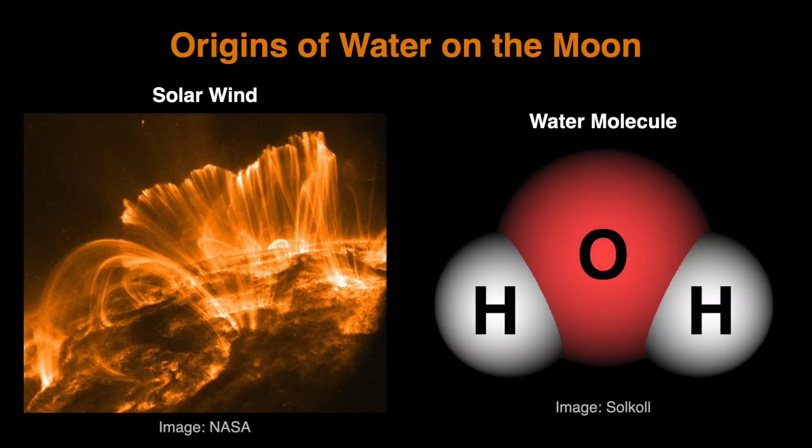How did the moon get water? One way may be the result of solar wind. The sun produces protons that constantly shoot out from it. A hydrogen atom is essentially a proton and an electron. As such, if protons shot off by the sun combined with oxygen on the surface of the moon, that could produce water molecules. Now, it isn't crazy to think that oxygen is present on the surface of the moon. Many rocky materials have oxygen, so it is possible that this mechanism helped produce water on the moon.